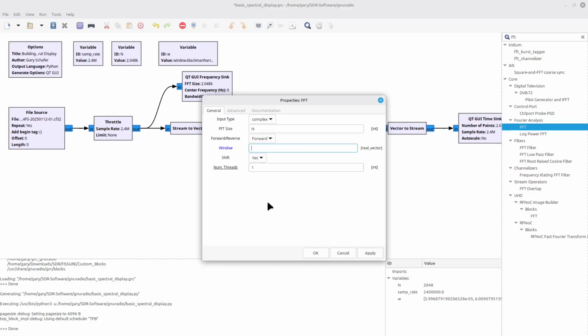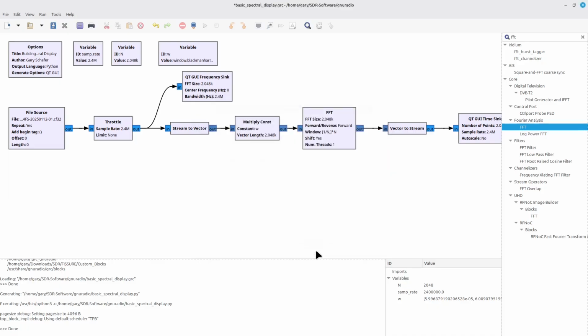So I'm going to delete that, and I'm going to say left bracket 1 / capital N, comma, don't forget the comma, it's important, end bracket star, meaning multiply, capital N. So again, this is open bracket 1 / N, comma, close bracket, star, capital N. The only reason that we're doing that is that it will normalize the amplitudes at the output. I'm going to go ahead and click OK.